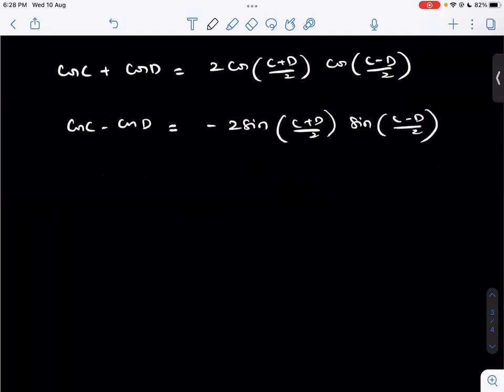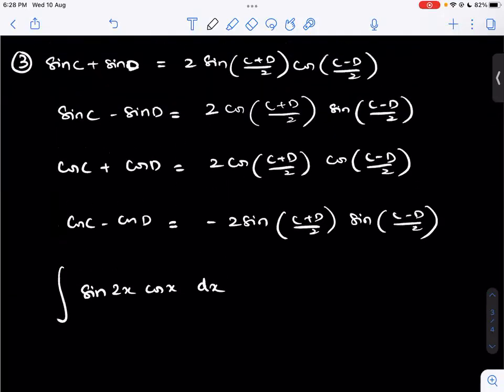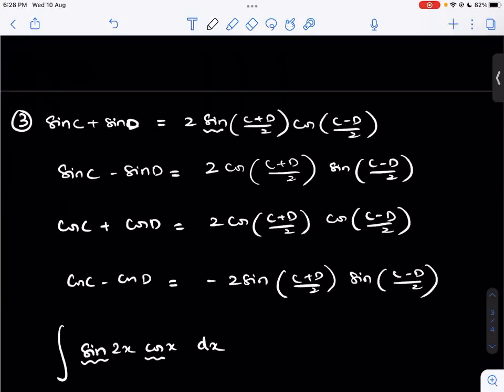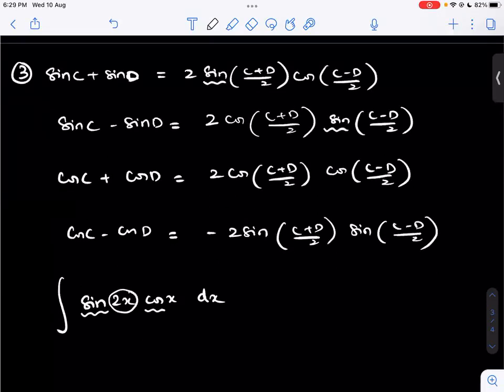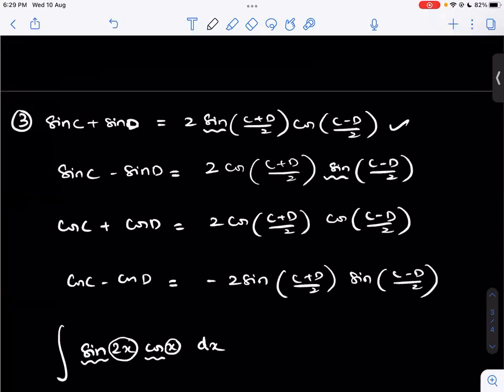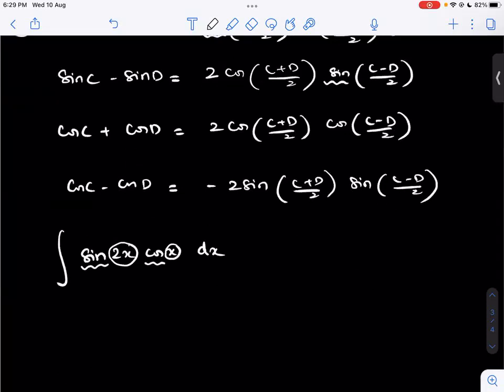Now see, for example, if I have a question where it is sin 2x cos x dx. So when it is of this form, if you observe, the product of sin and cos is occurring in both these identities. But sin of a greater angle, cos of a smaller angle is appearing in the first identity. Means you need to write the sin 2x into cos x in the format of